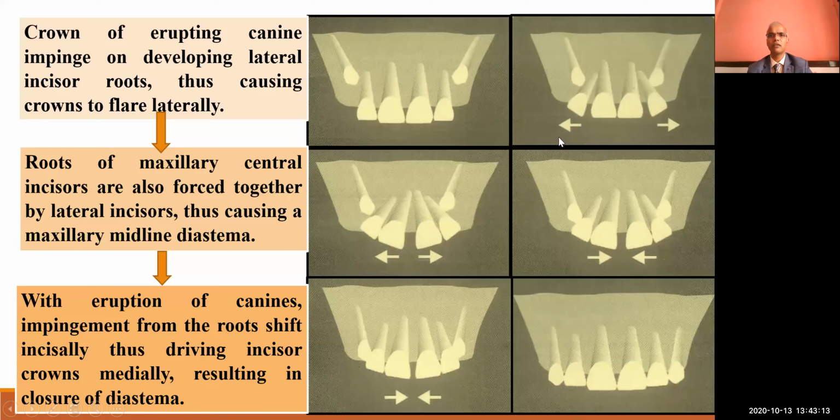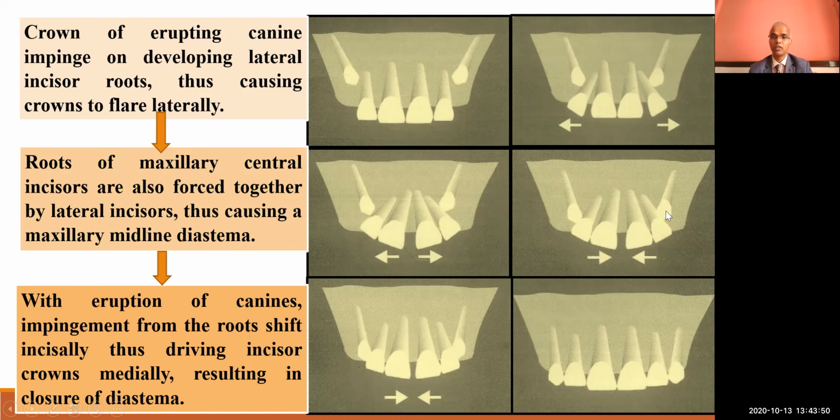So it occurs because, in the diagram, you can see the crown of the erupting canine impinges on the roots of the developing lateral incisors, causing the crowns to flare laterally. In the second diagram, the roots of the maxillary central incisors are also forced together by the lateral incisors, thus creating a midline diastema. So with the eruption of canines, the impingement of